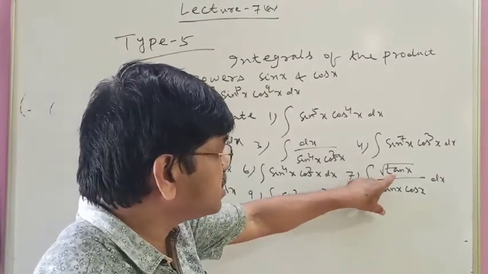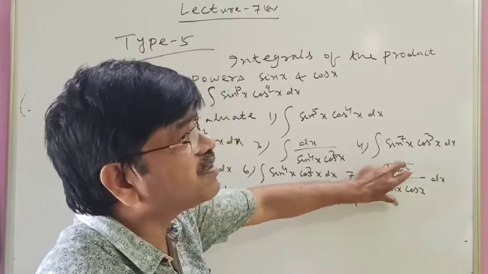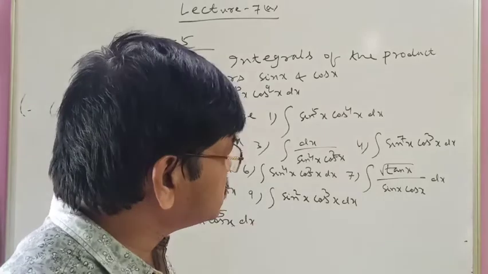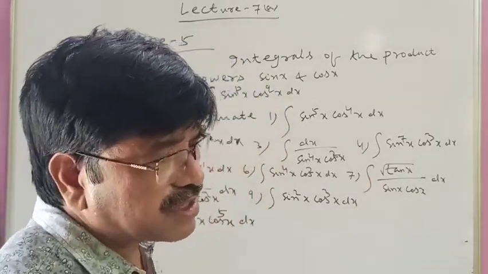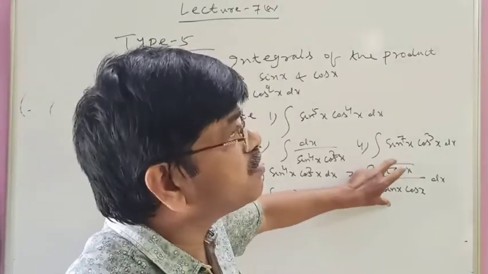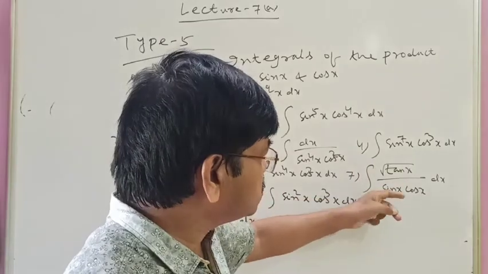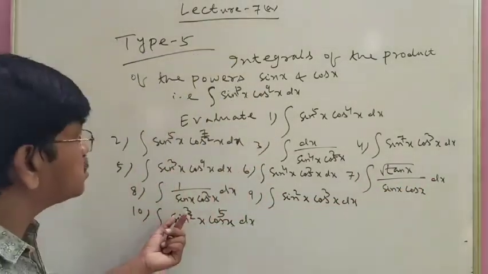And here, tan x root over means it is sin x root over by cos x root over. After simplification, you will get sin power something, cos power something. And after addition, you will see that the sum of the powers of sin x and cos x will be negative unity. So here put tan x equal to t. We will solve these problems later in the next video.